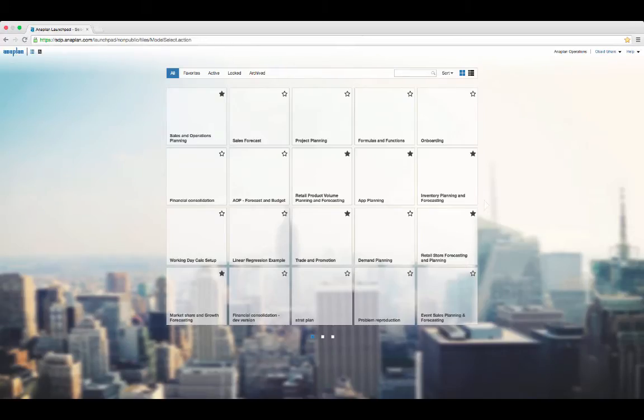Welcome to this quick overview of Anaplan's Sales and Operations Planning app. In this overview, you will see how you can leverage existing enterprise resource planning data for forward-looking planning and analysis across your organization. This is accomplished using consistent sets of data, agreed-upon growth rates, and centralized data models so all